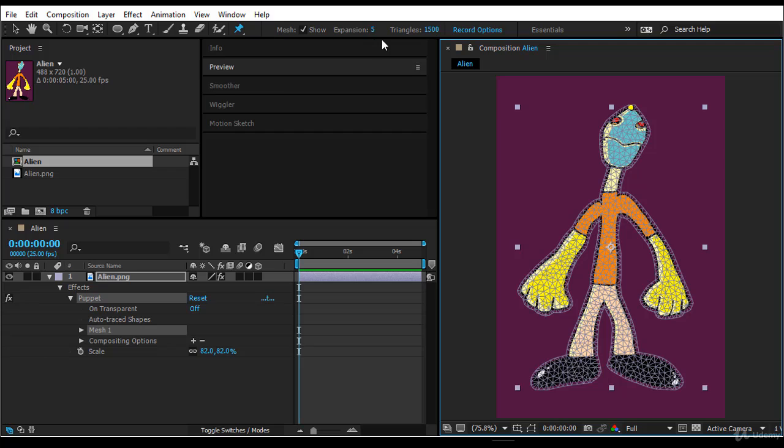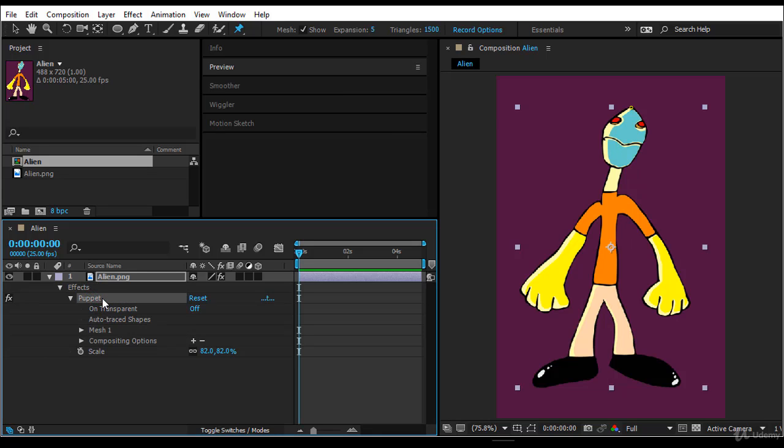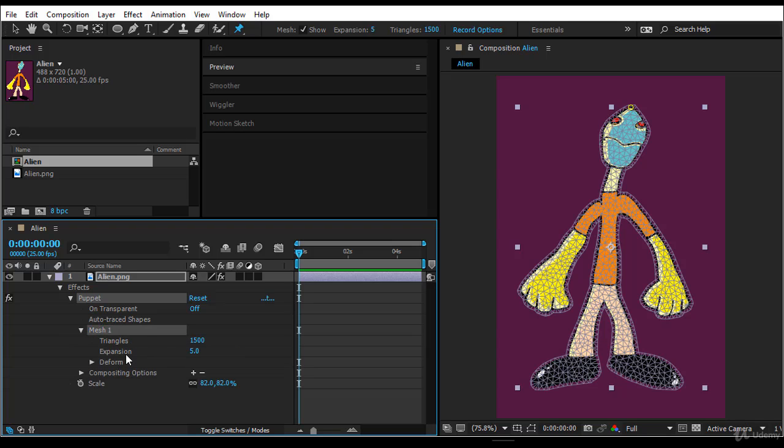In the toolbar here you see mesh, and it says show here and don't show, and you have the expansion, I will explain that, and the number of triangles. The second change here is that an effect has been created, and it's the puppet effect. Inside there is the mesh, and inside the mesh there is the number of triangles and the expansion, same as